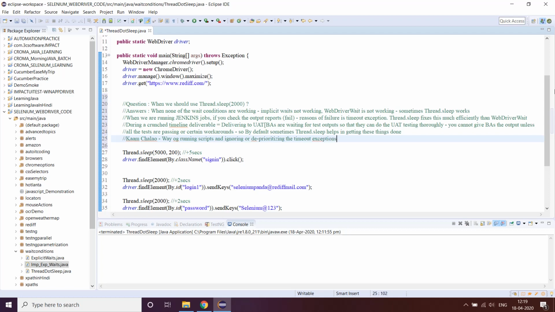So sometimes what happens is, we are in a rush, we have to do it, so we use this. This is when thread.sleep is really handy.